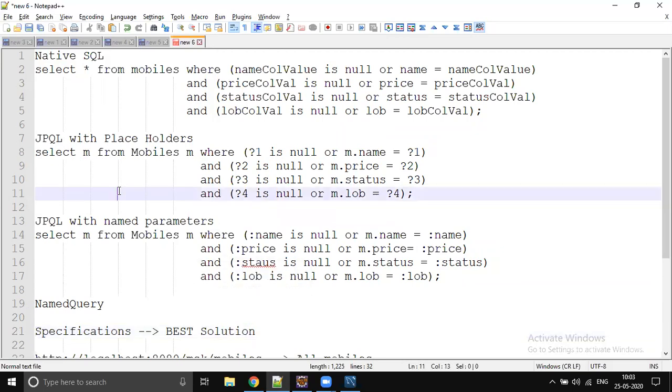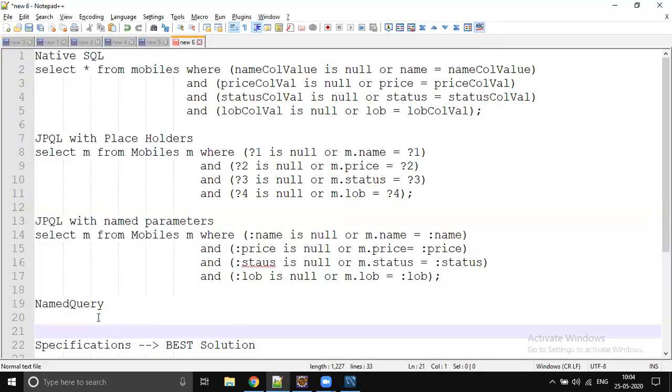The problem is there are people who are good at writing queries, so they insist on writing the queries, but there is a huge problem with that. The specification is the best solution for this kind of problem, and we don't write any query. It can be no JPQL, no native SQL. For JPQL also you should be good in SQL. If you are not good in SQL, then you can't write good JPQL. So we have some dependency on SQL. I will remove the dependency by using a feature called specification.